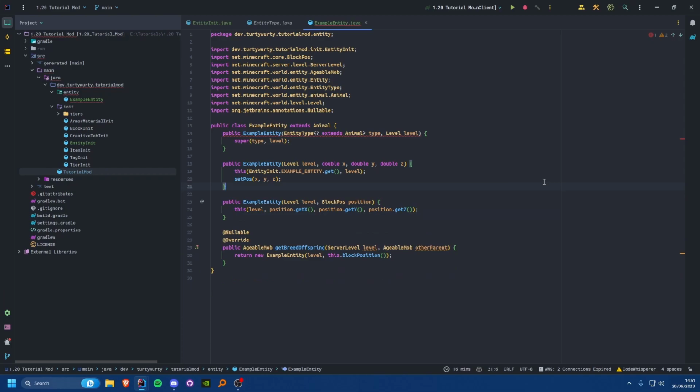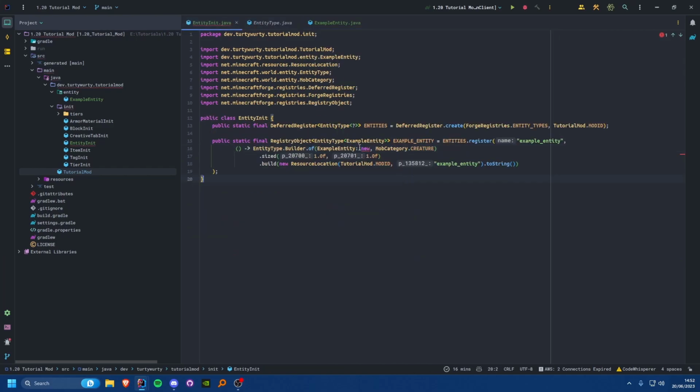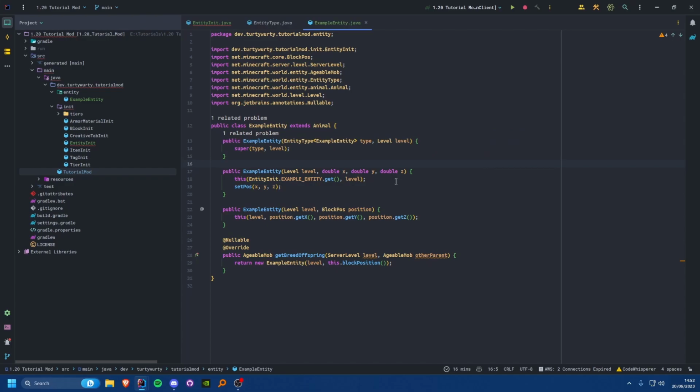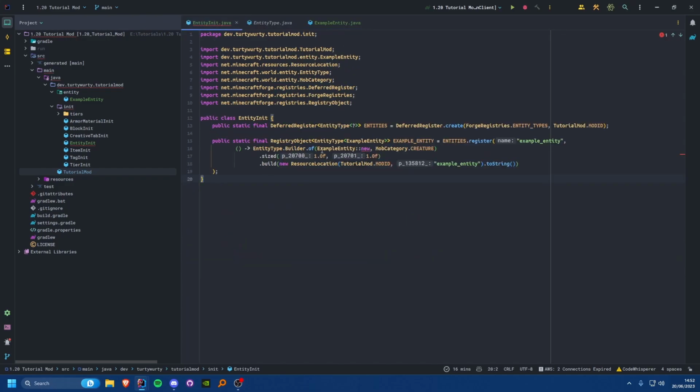Interesting. So the issue here is that our constructor here is using a wildcard that extends animal. Now what this should actually be is just an entity type of example entity. And if we go back into entity init, that actually has not solved the problem. Let's just make sure this is public. It is public. Okay, what we might need to do then is before this of method, right, after the dot